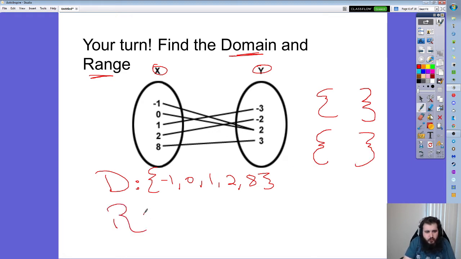Let's do our range. Ooh, I like how that R turned out. That's pretty. -3, -2, 2, and 3. And again, don't be confused by the fact that 2 has 2 different guys go into it. -1 goes to 2, but also 0 goes to 2. It doesn't matter. We just care about what the numbers are in this set here. -3, -2, 2, and